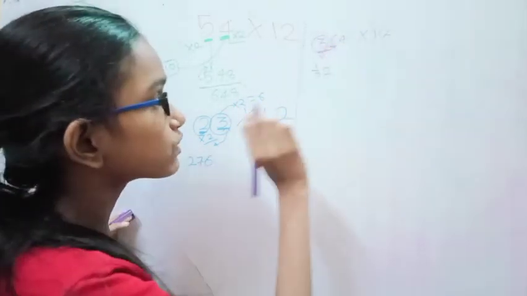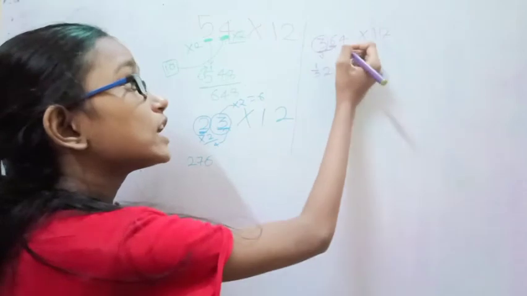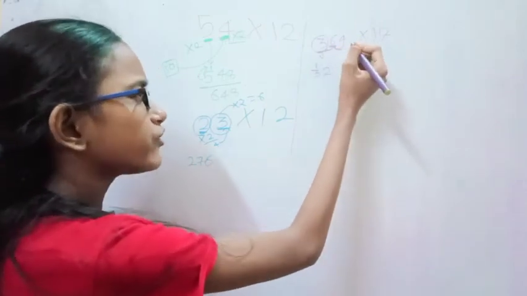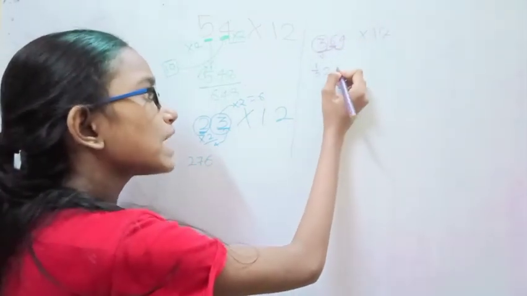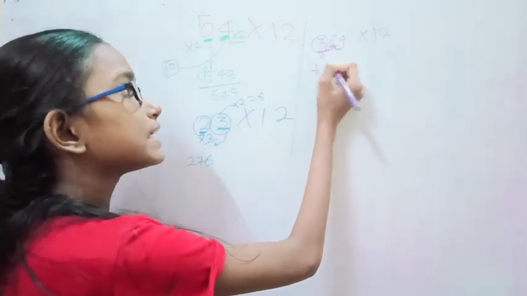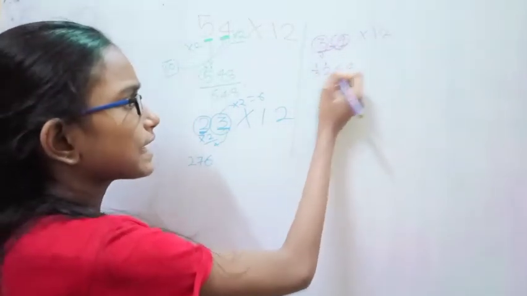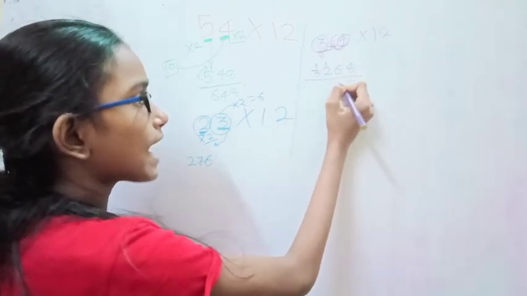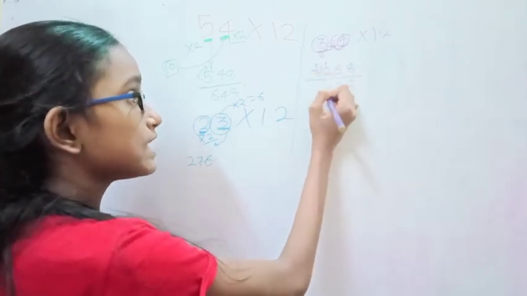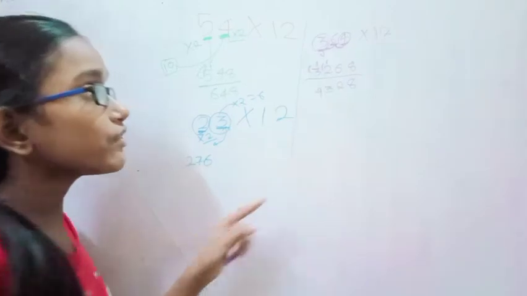Next number also into 2. 6 2s are 12. Now 12 plus 4, 13, 14, 15, 16. So write 6 here and 1 will go carry. Now you will do this also into 2. 4 2s are 8. 8 write it like this only. Now add up the number. 2 plus 1 it's 3 and 3 plus 1 it's 4. This way you will get your answer.